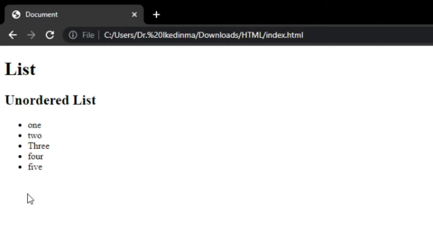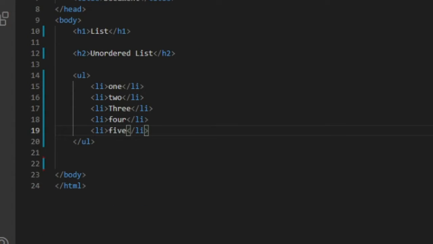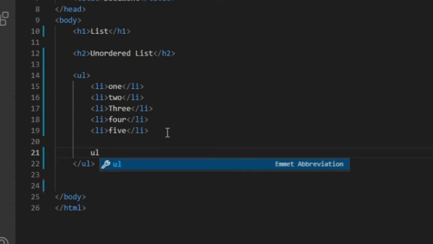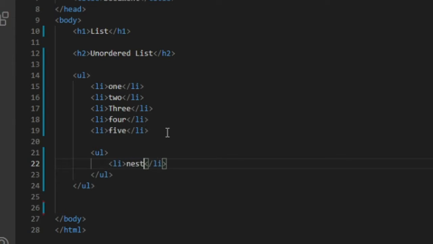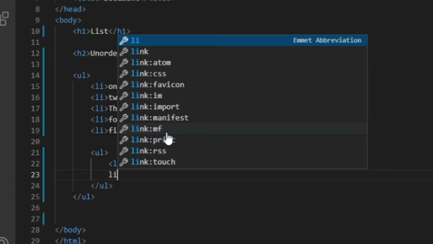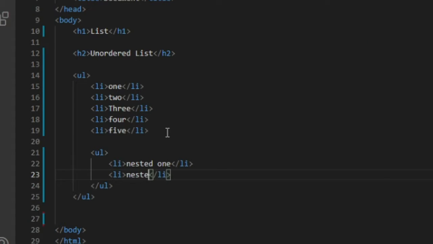We can also have nested lists such that a list will be inside another list. Let's quickly take a look at how it is. So going back to my code editor, I'll write another UL, which means unordered list, and then in between it I can write another list item, and this one I write nested 1. Going to write another LI, meaning another list item, then going to write nested 2. Save it to take a look at how it is, then I'll go over to my browser